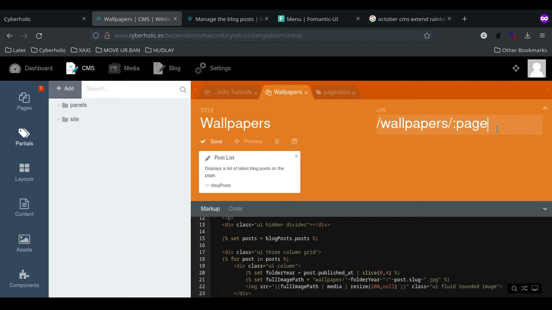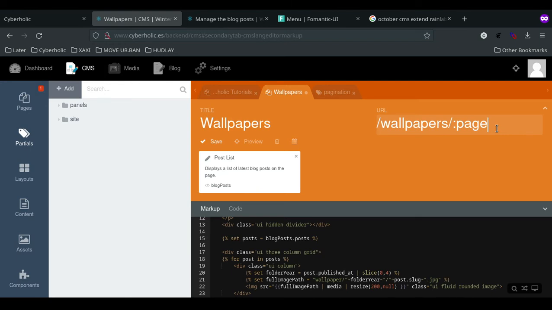The problem is, currently, if you don't put a number in here, if you would in your browser not enter wallpaper /5 or /6 or whatever, it would not work because Page expects a number to be in there. So sorry, this is absolutely wrong what I just said. It's the opposite. Currently, it expects a number. So if you would just call wallpapers like I'm doing right now on the website,